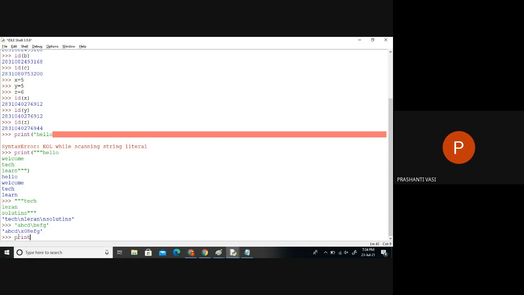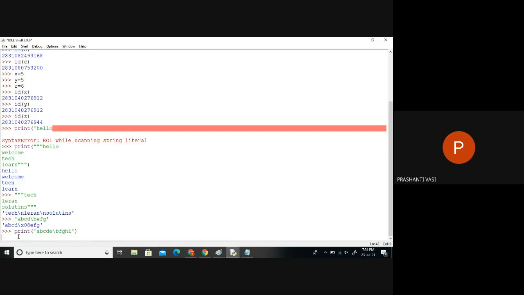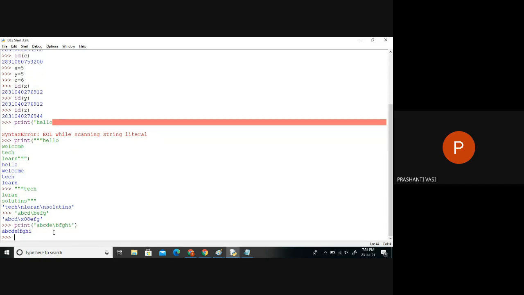Now let me show it. A, B, C, D, E, and I'm using a backspace key. This slash b is equivalent to the backspace button on the keyboard. If I run this, you can see there is a small backspace symbol here. It has just been included. In Python it is not deleting, but in other languages it deletes this letter.